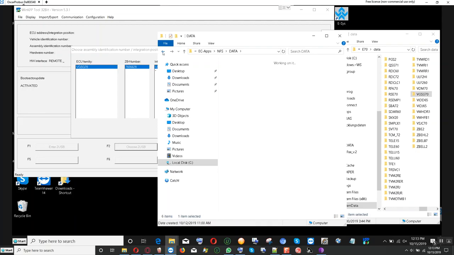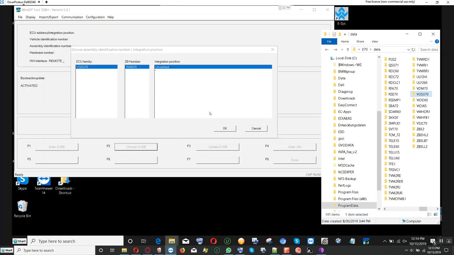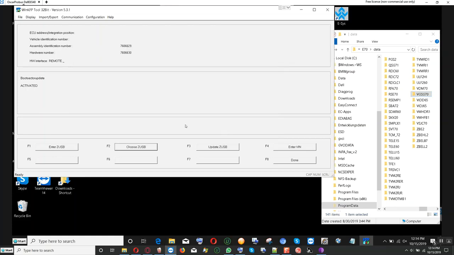All right, it's okay now, so we can minimize that. So that's what I did, and then it comes up and it picks out the right files. This is the part number here, and then I click, enter the VIN number. The VIN number would be that. All right, and then